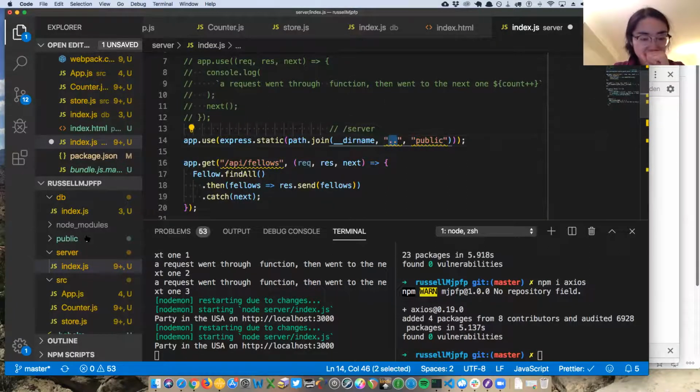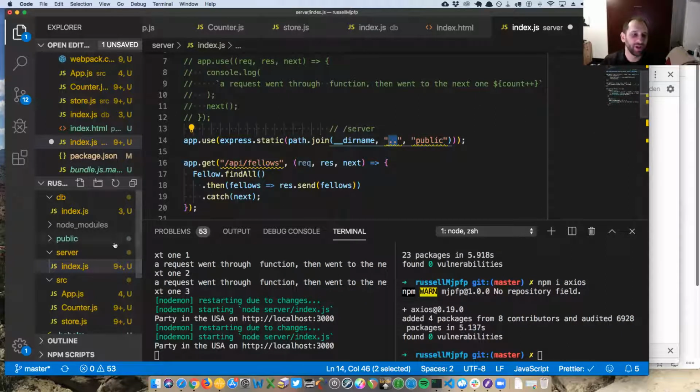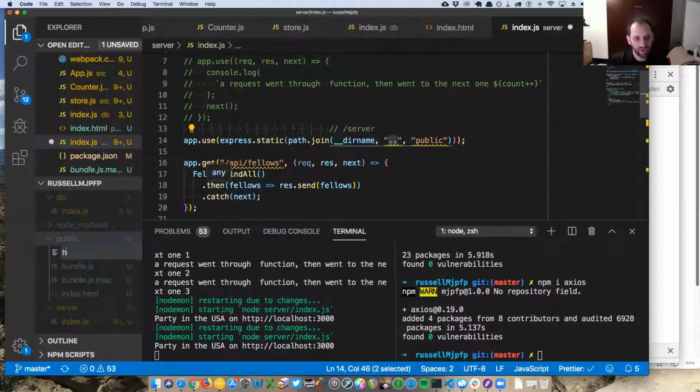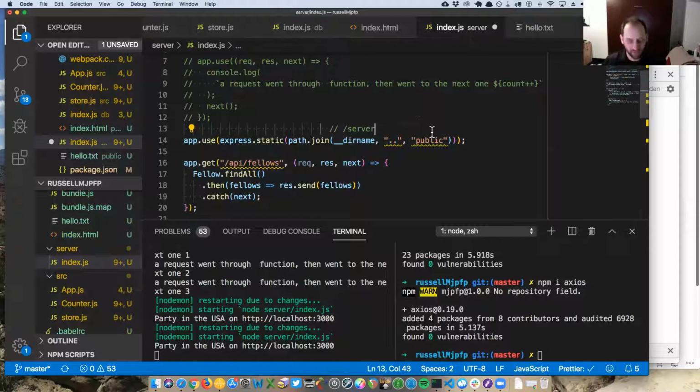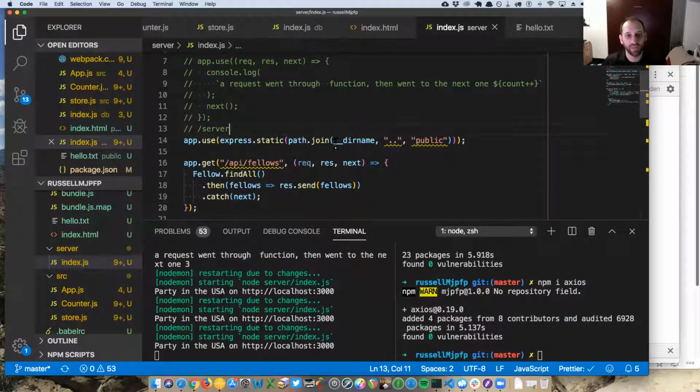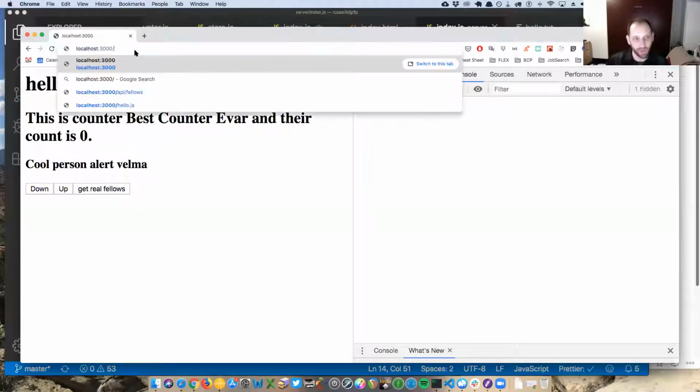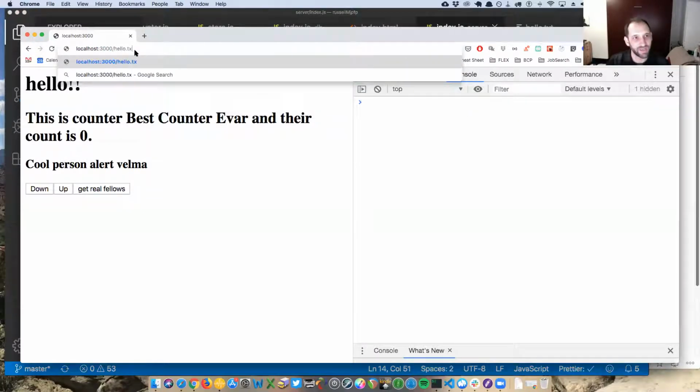So then we go up to our public folder, and anything in here will be served to the front end. If we have, for example, let's just put something in here, maybe a hello.txt, and let's just say hello. So now our server is effectively serving static assets out of this public folder at this location, whenever we actually go to, I know this is not going to work right now because of the way I've set up, but it's